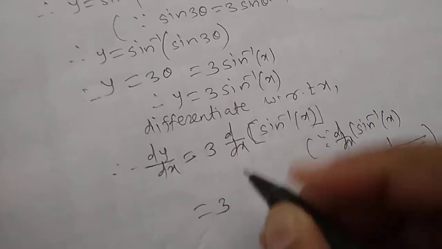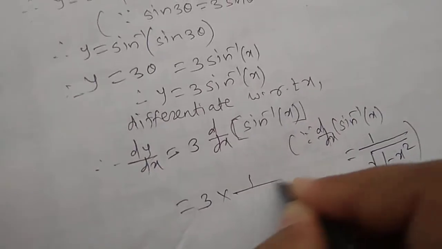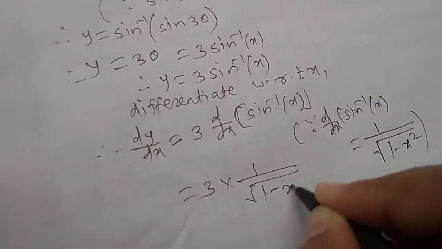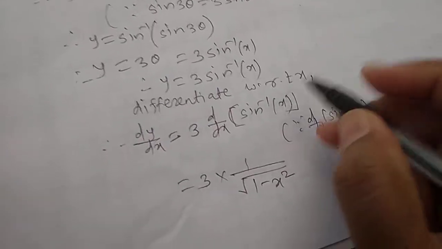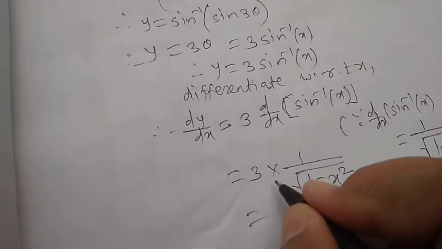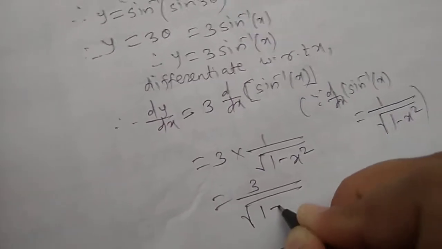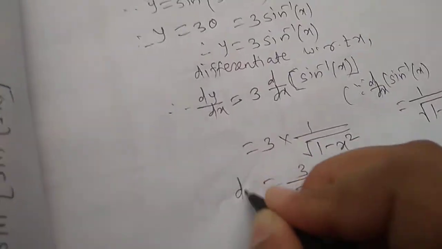So we can put here derivative of sine inverse of x, that is 1 upon root 1 minus x square, and d by dx of x, that is 1, therefore we got only 1 upon root 1 minus x square. So 3 into 1, that is 3 upon root 1 minus x square,